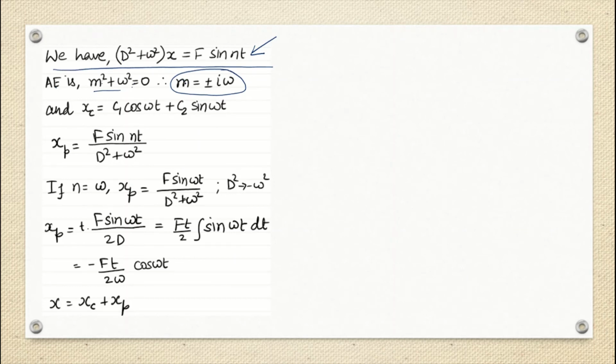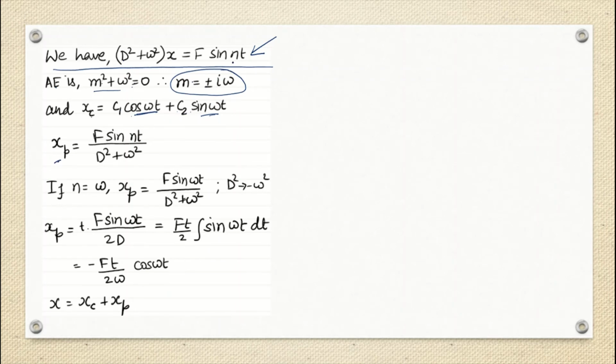The reason two roots are getting is because the power of m is 2, correct? And whenever we see that the roots are an imaginary pair, we get the yc, or here in this case xc, that means the complementary function, in terms of sine and cos, correct? So c1 and c2 are two constants which we have introduced, and we have to find their values.